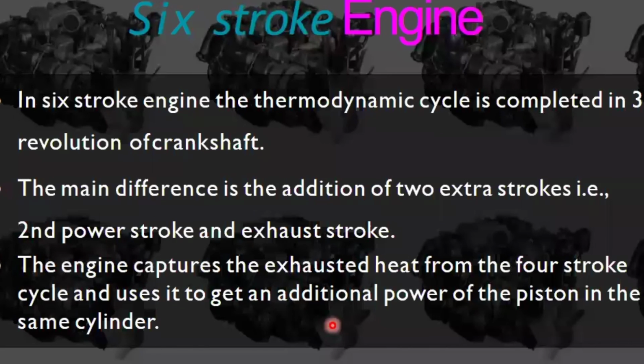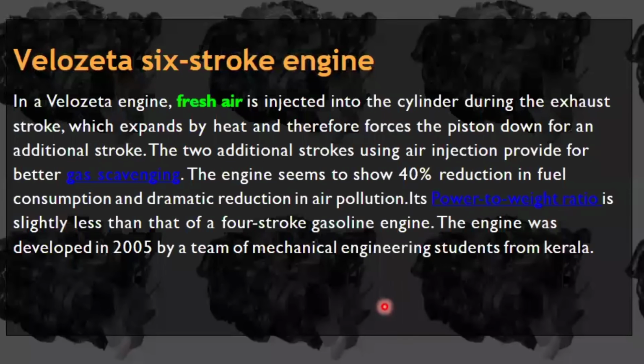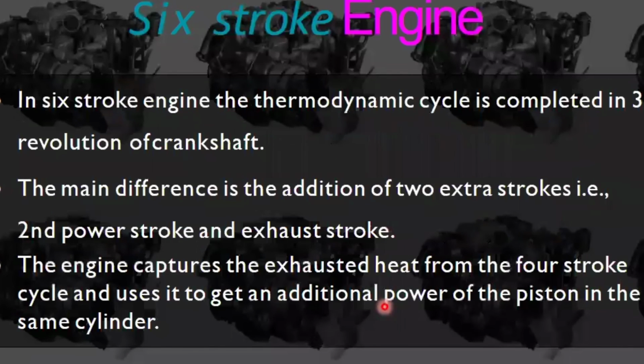Here, first of all there will be suction, compression, expansion and exhaust. After exhaust, some gases leave to the atmosphere, as we know. Now what is going to happen? These exhaust gases, instead of going to the atmosphere, will get into the next power stroke. I will explain what happens after the exhaust. In a four stroke engine, the gases leave to the atmosphere, but in a six stroke engine, there will be a power stroke here.